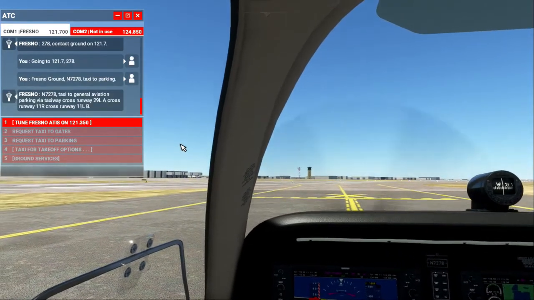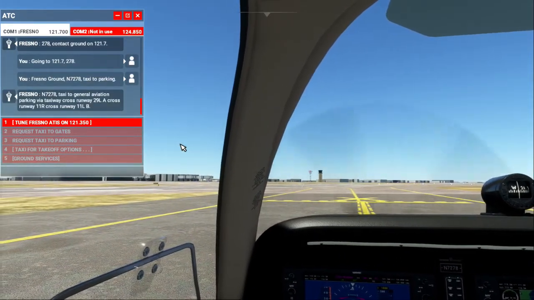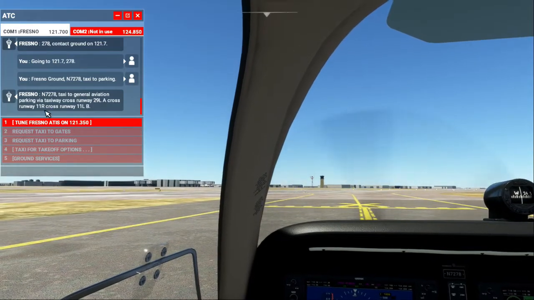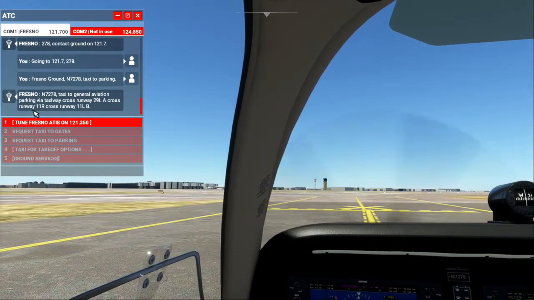Beechcraft November 7278 taxi to general aviation parking by taxiway cross runway 29 left, Alpha, cross runway 11 right, cross